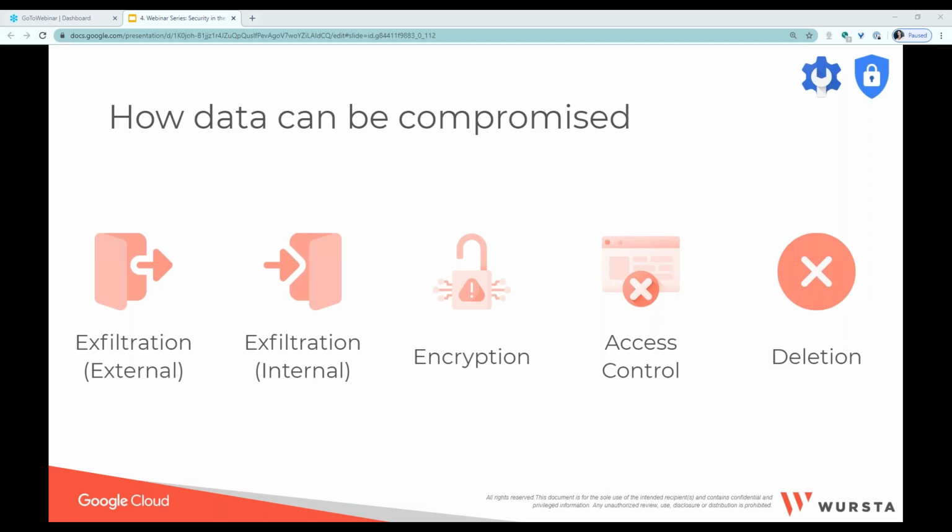It's a little less well publicized, yet it's actually more commonplace. The internal exfiltration comes in the form of possibly the disgruntled employee who's leaving for a competitor and looking to take a little intellectual property with them. It's a much more widespread issue than some realize, and it's simply too easy to email client lists or confidential information to a personal account, or in the case of G Suite, to share folders or documents with a personal account. And while this data loss may not be on the 6 o'clock news, the effects can be just as